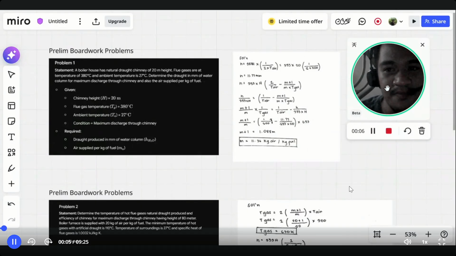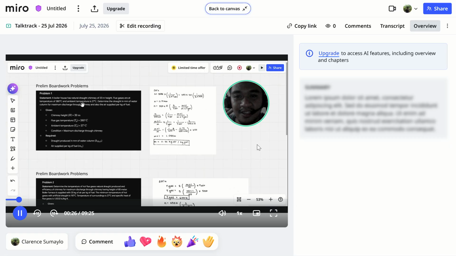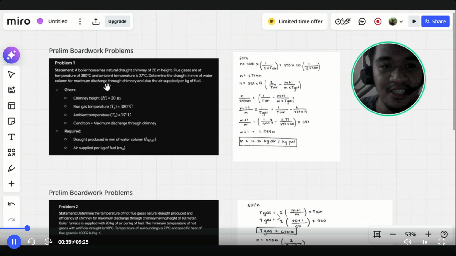So this is the list of board work problems that I answered during the preliminary examination. For number one, we have the statement of a boiler house with a natural draught chimney of 20 meters height, and flue gases at a temperature of 380 Celsius, with ambient temperature of 27 Celsius. Determine the draught in millimeters of water column, the maximum discharge through the chimney, and also the air supplied per